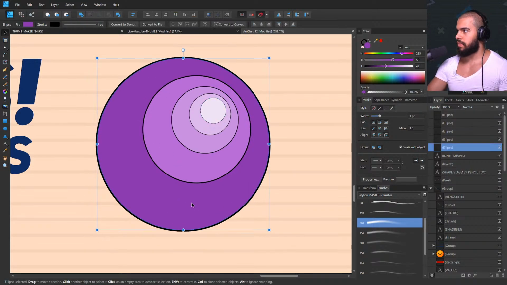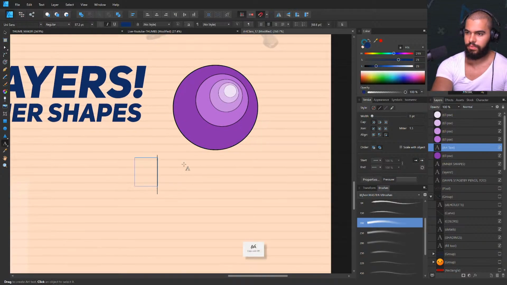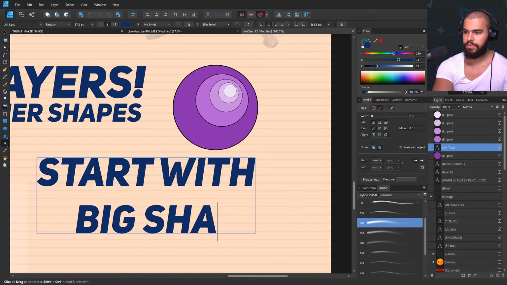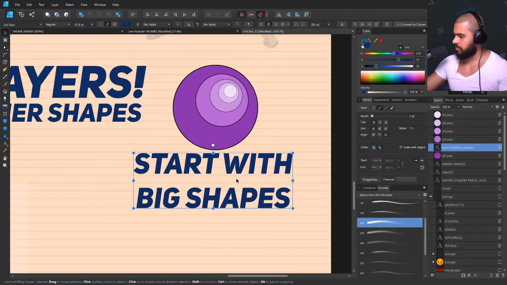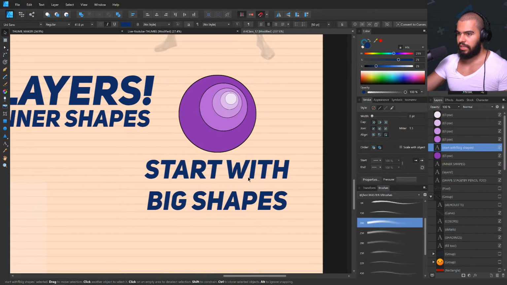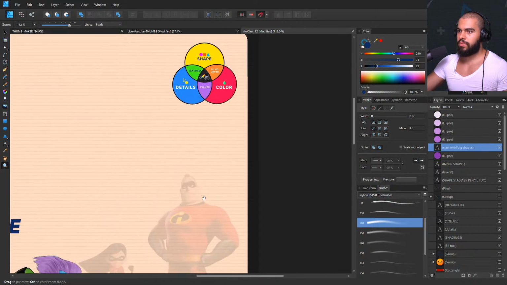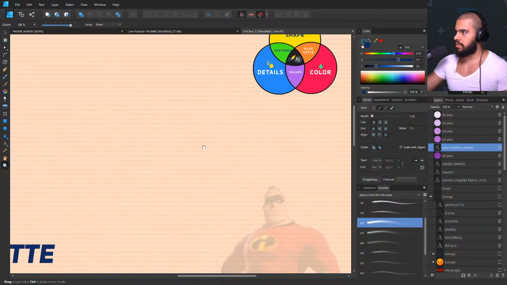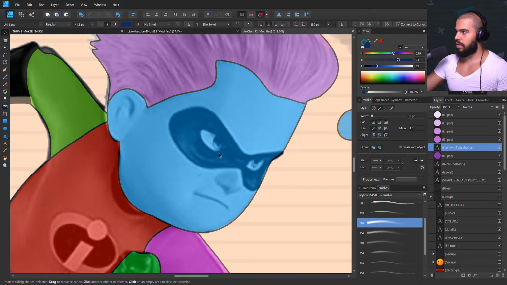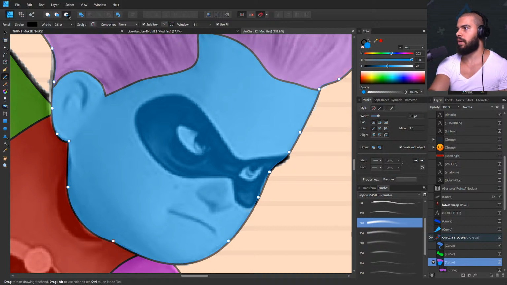You start always here, and then you dig with insert inside. So you start with big shapes. Make sense? Doesn't make sense, my friend? Exactly, guys. The inner shapes also work with details, because you need to do small elements, right? Like if we continue here with the head, insert inside on this icon. I have my hotkey here. Insert inside, and then